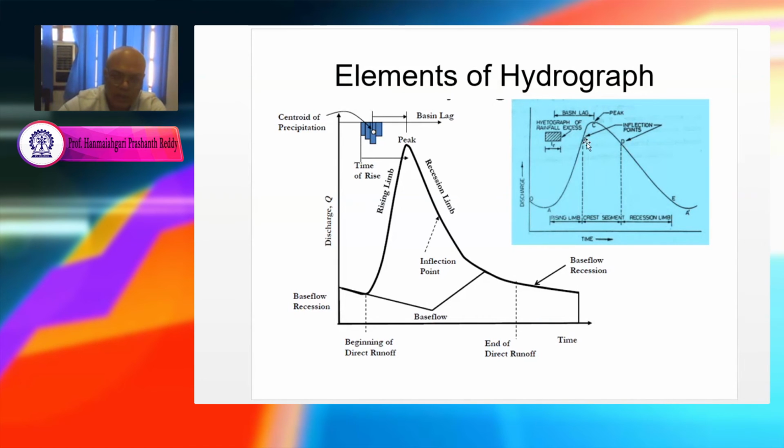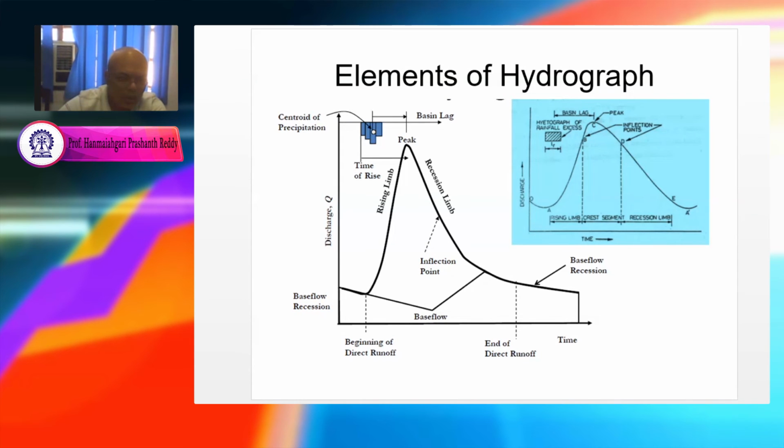So we need to identify this B and D, because how to identify these points comes with experience. The slope changes there at D. Before that it is a kind of a curve, but after that it is a straight line, or we can say that from D the recession starts. Is it clear now?